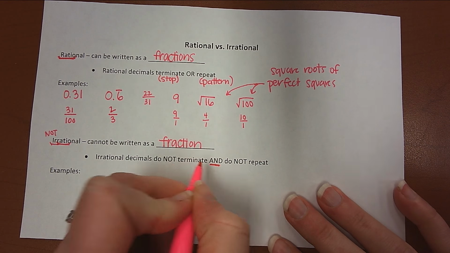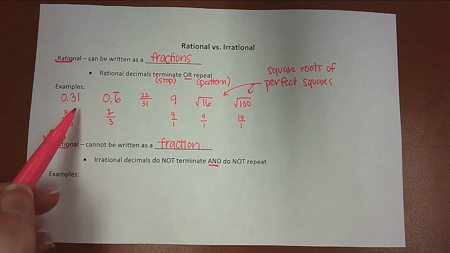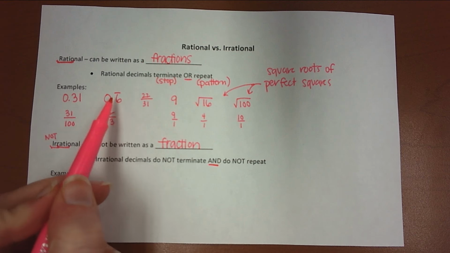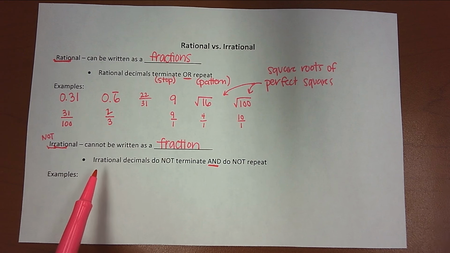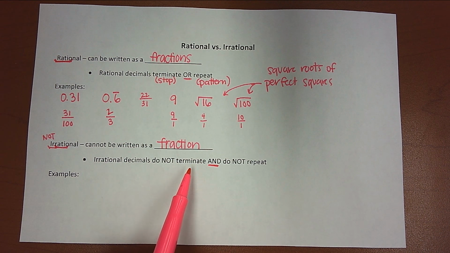They're both here. So rational decimals were one or the other. They either stop or they go on forever with a pattern. They repeat. Irrational decimals do not terminate